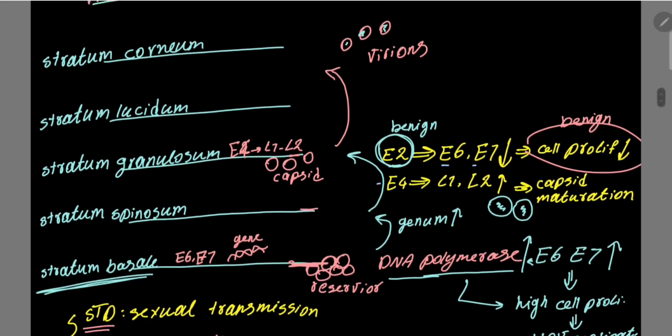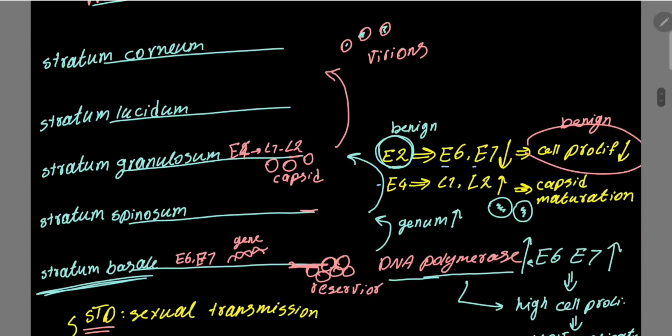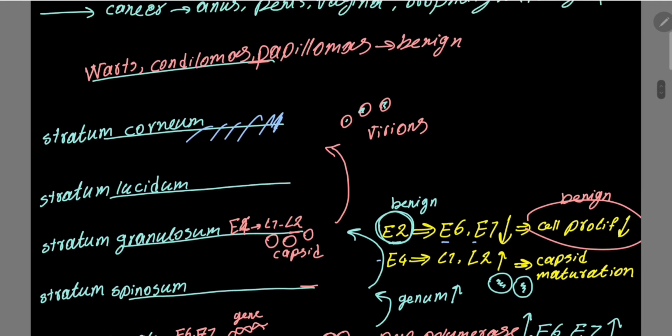And then when the virus goes to upper levels and on the surface of the skin or the stratum corneum, the virions are going to be released from the cell. And how are they going to be released? By the desquamation of the most superficial layer, which is the corneus level. So the desquamation is going to happen, and as a result we will have the warts, condylomas, papillomas, which are